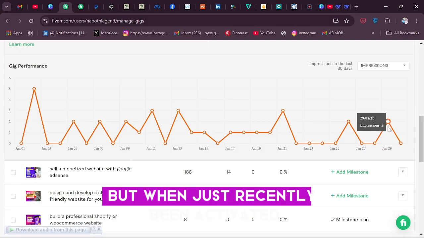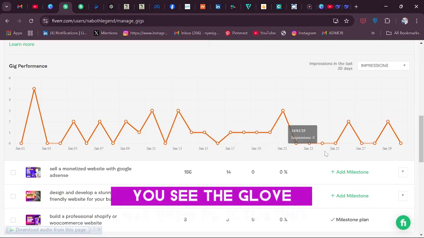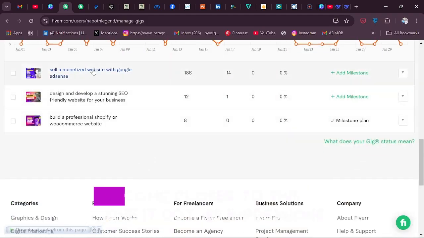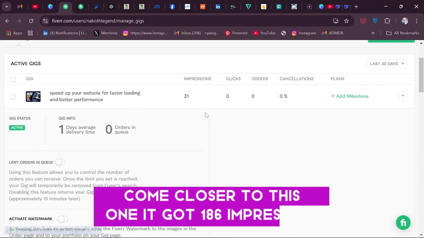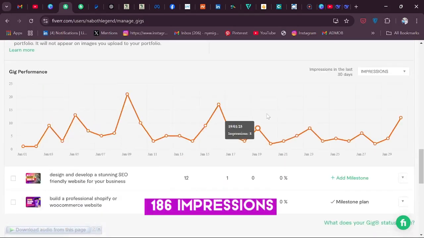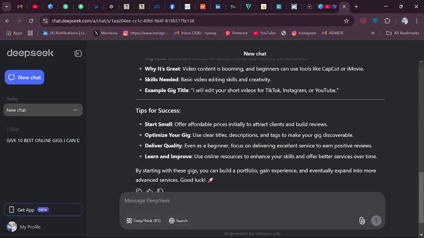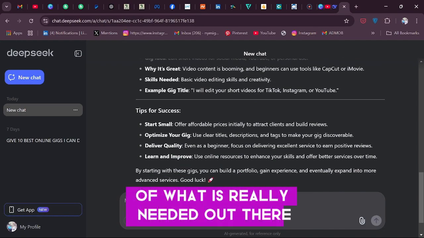But when it was recently activated, you see the graph has been fluctuating. Come closer to this one. It got 186 impressions, because it gives you a database of what is really needed out there.